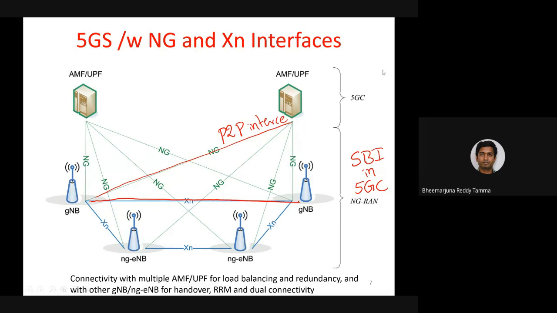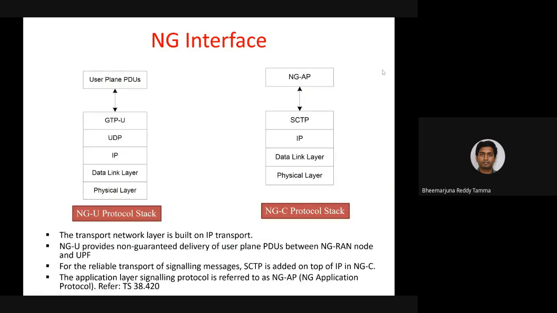So let's look at these interfaces in a bit more detail. Try to look at this. One thing that you can notice here is that I'm showing you two different protocol stacks. One is for the control plane and the other one is for the user plane. This is for the user plane, and the right-hand side one that you see is for the control plane. And this is for NG. So what is the NG interface? The NG interface is the one that is between G node Bs